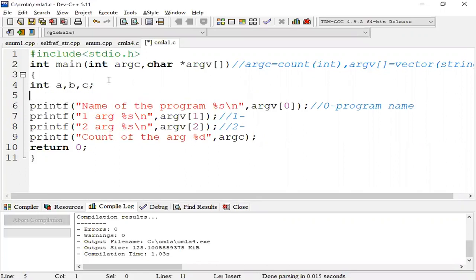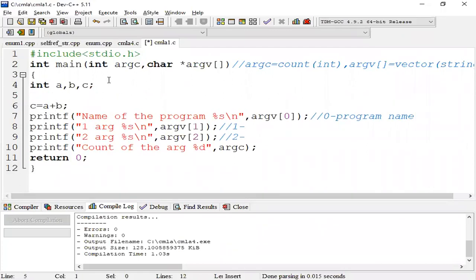Now c equal to a plus b. But what is the value of a? Here a equal to argument vector of 1. Already argument vector of 0 is dedicated for the program name.